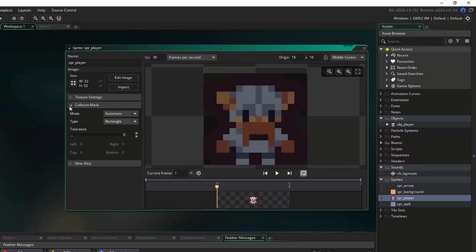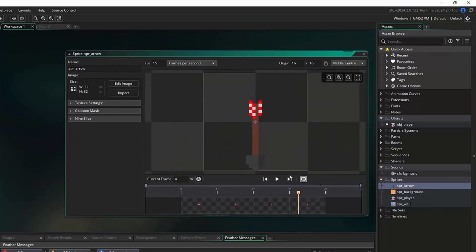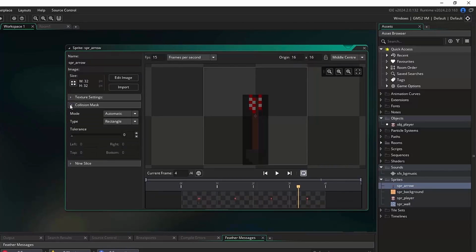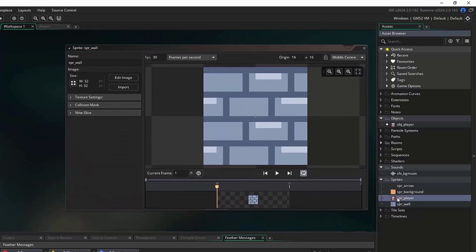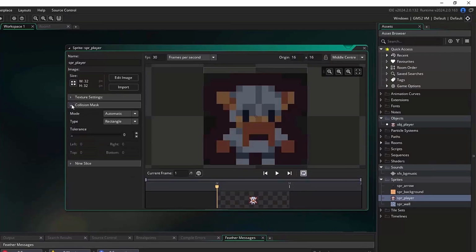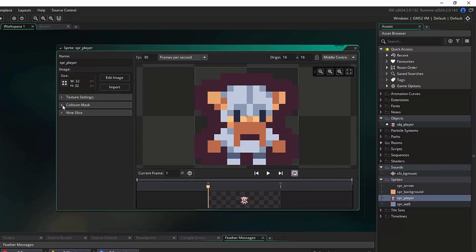The collision mask is the space in the sprite that is considered when calculating any collisions between objects, whenever something's bumping into each other, whenever something's hitting anything else. We'll cover this a little bit more later, but it's good to know that GameMaker in general kind of defaults the collision mask to, it kind of draws a box around the outermost pixels of a sprite. So in general, the default collision masks are pretty decent, but it's generally a good idea to double check everything